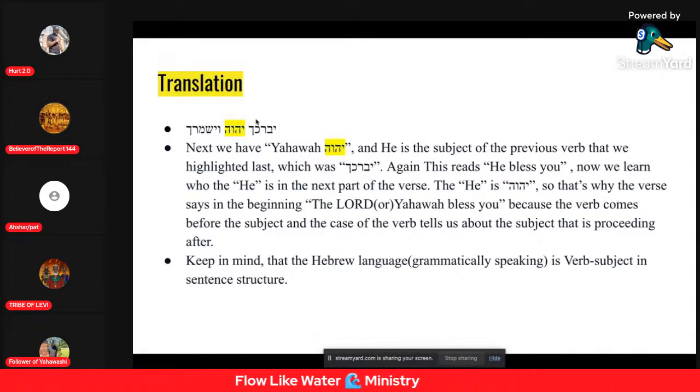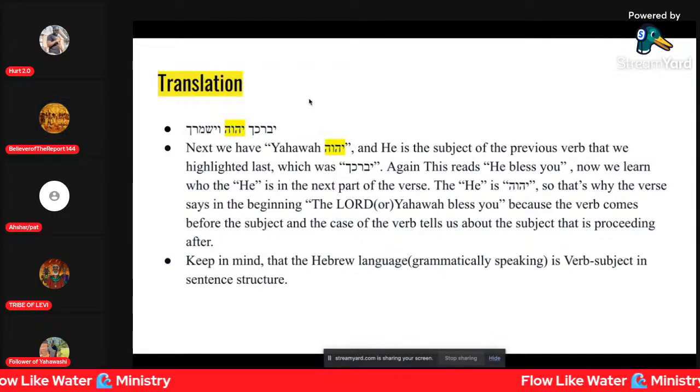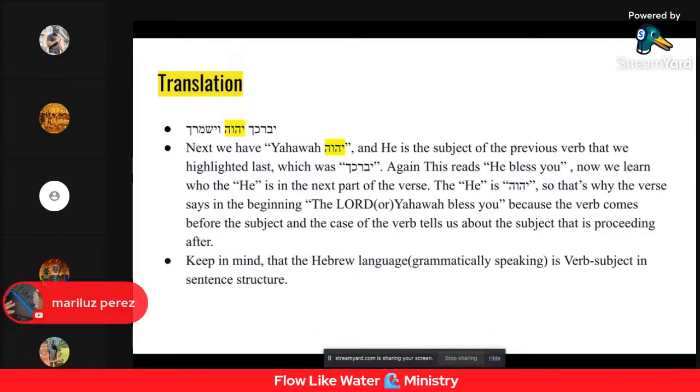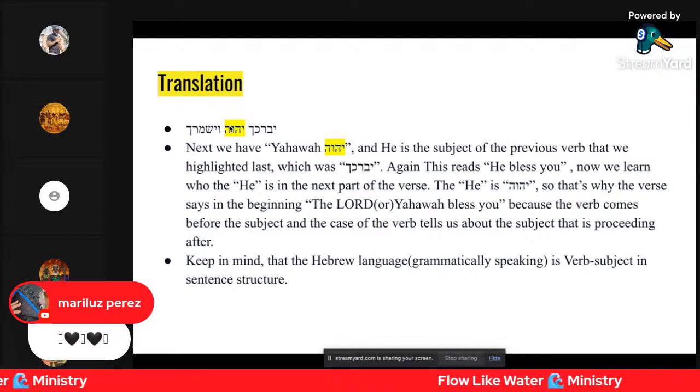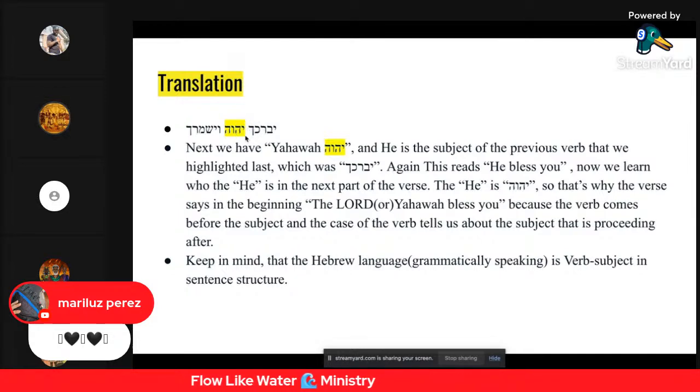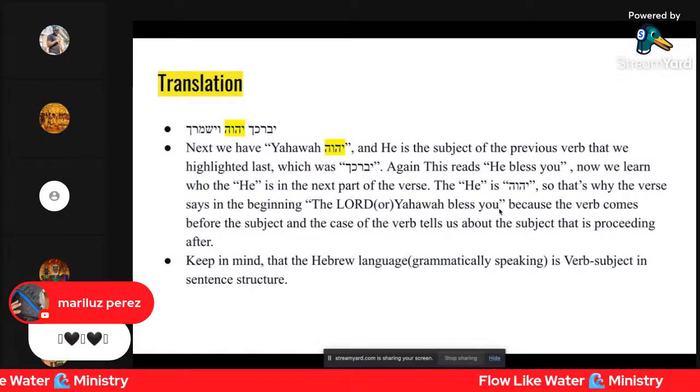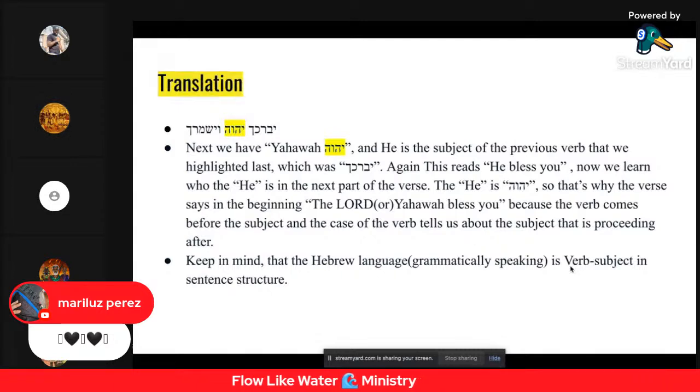because it's an adjussive case, and we're going to get to that later. But adjussive cases, you would refer to as commanding language. So Yahweh bless you, Yahweh keep you. But that's going to be for a later lesson. For right now, this next word right here is the proper name of Yahweh. And just to keep in mind, something that's important to remember within the Hebrew language is that it's verb subject,